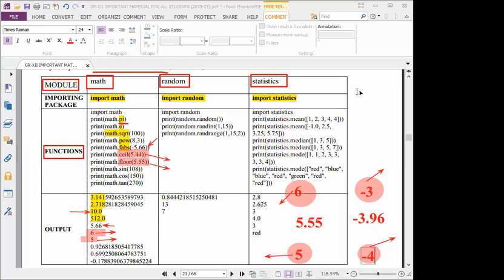Then the next three functions are sine, cos, and tan. These are mathematical functions you already know, but you should know the values for sine 180, 150. Most of the time they will give the value in the exam itself. Sine 90, sine 45, everyone knows, right?